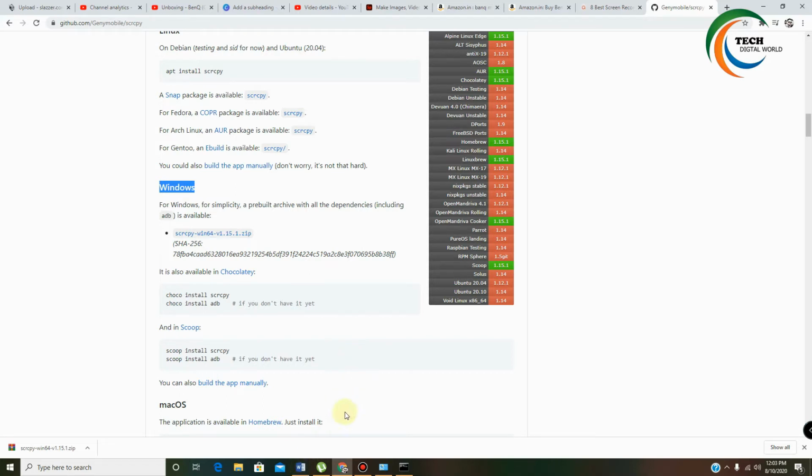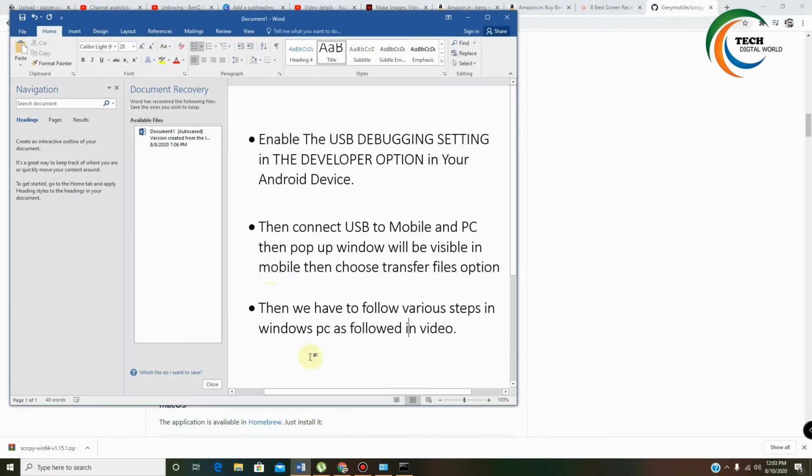Before you proceed with the installation, you have to enable the USB debugging setting in the developer options on your mobile. Then you have to connect the mobile and PC, and a pop-up window will be visible on the mobile. Then you have to choose the transfer files option. Then we follow various steps on the Windows PC as shown in the video.